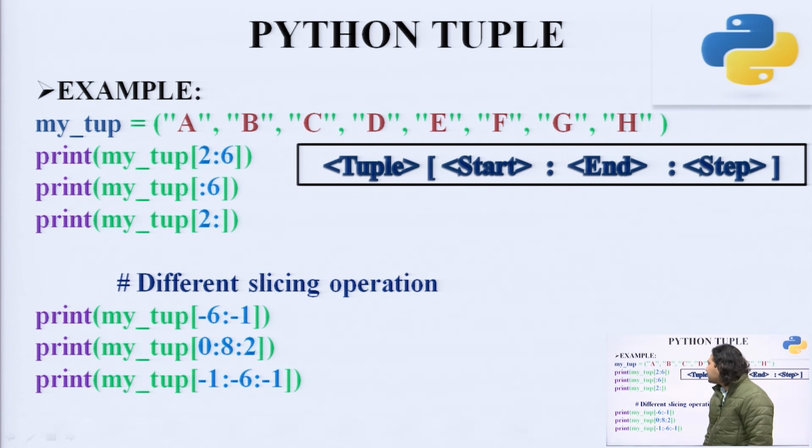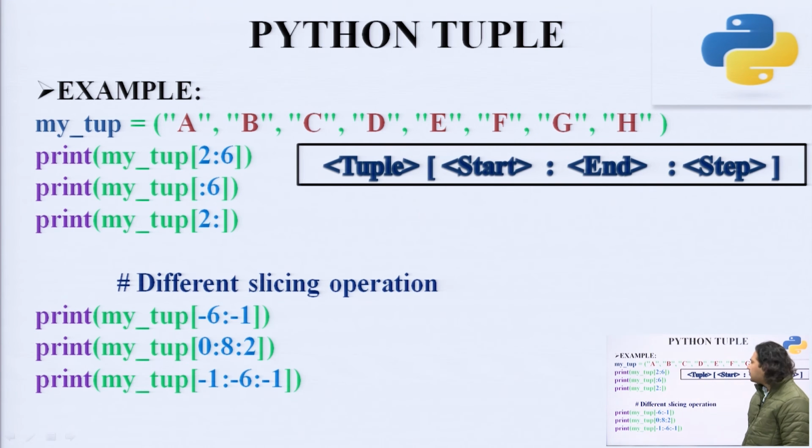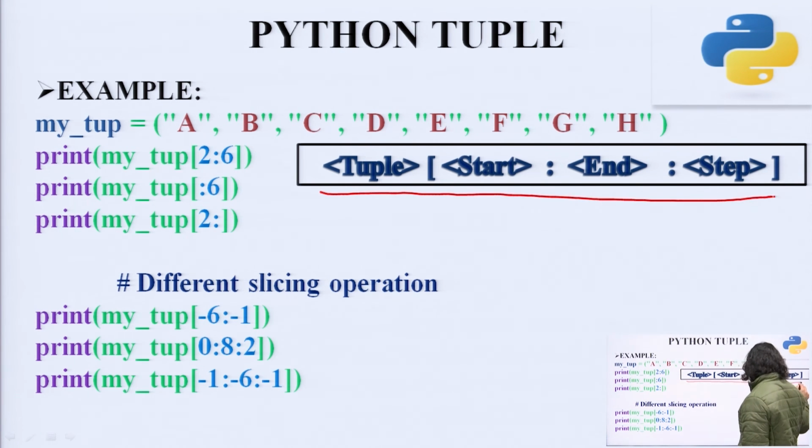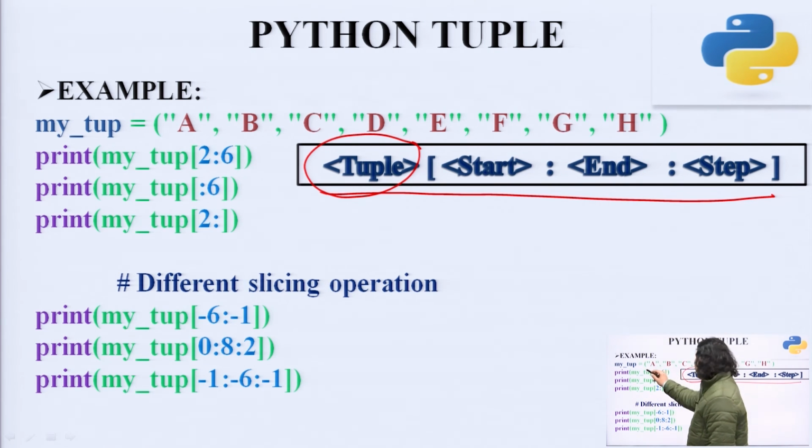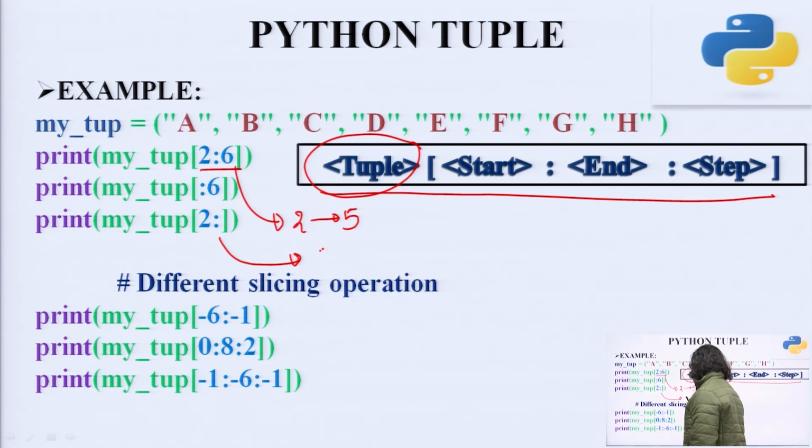Now, we are going for the subscription followed by the slicing operation. You have already seen the subscription process. Now, the next one is the slicing process. Here the principle again holds the same, except the data become a tuple. So, here we have this tuple in the form of A to H, and we are trying to access 2 to 6. So, the value is from 2 to 5. Similarly, for this one the answer is 2 till last.